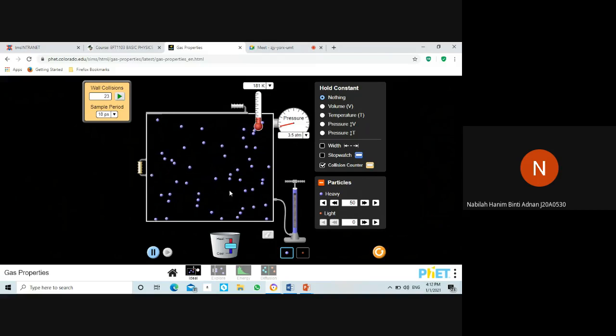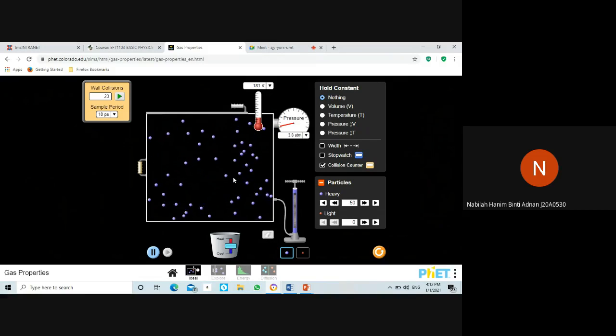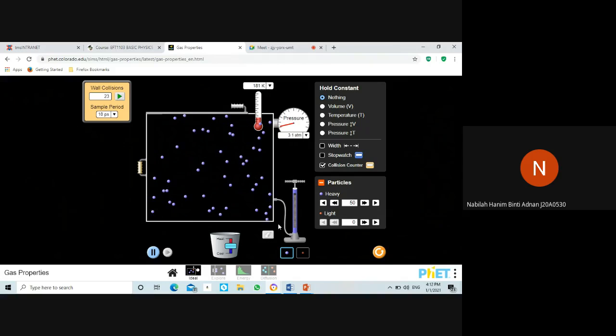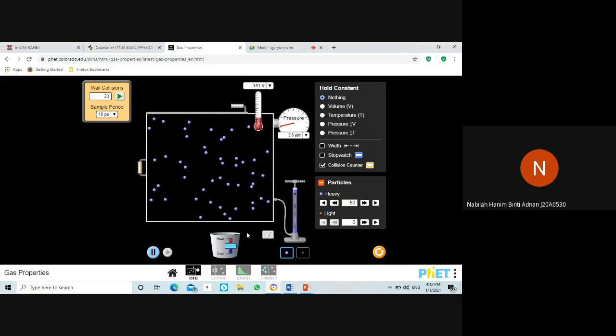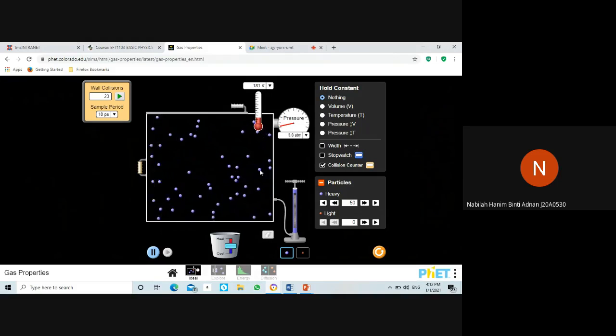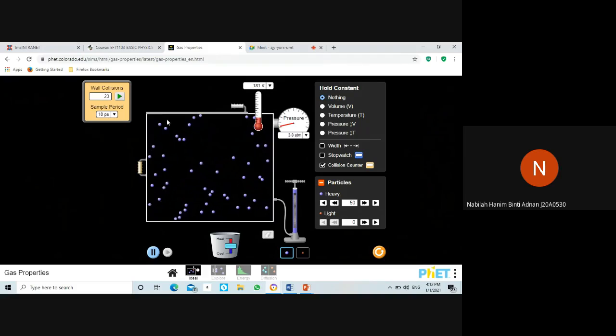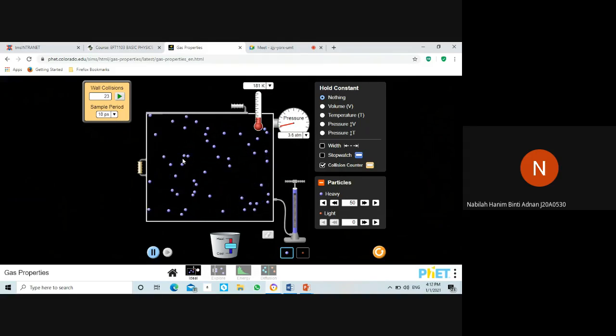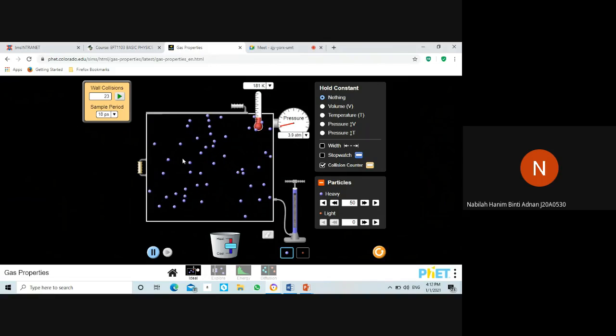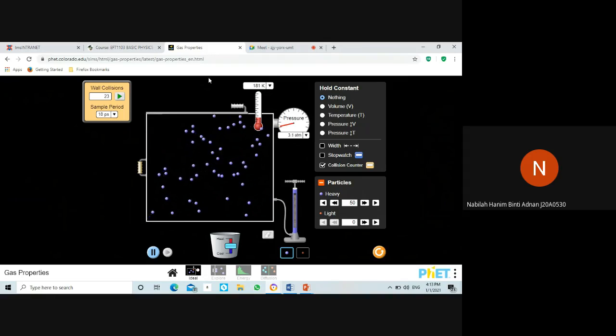In this experiment, I am using Gay-Lussac's law to explain the concept. So, what can I conclude? Based on Gay-Lussac's law concept,